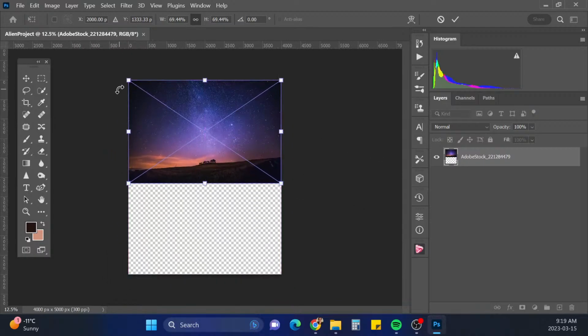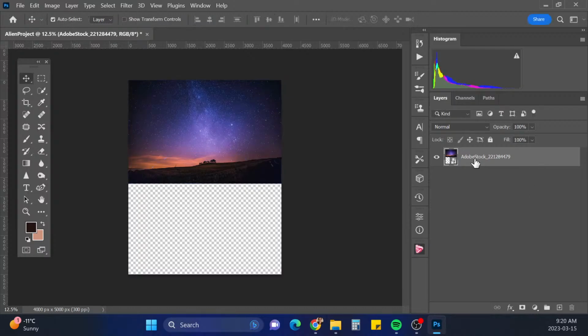Now I'm probably going to stretch it out, but I also want to bring over the grassy field. Oops, I guess I have to press enter first on that one. I'm going to rename this layer sky and bring the grass over.